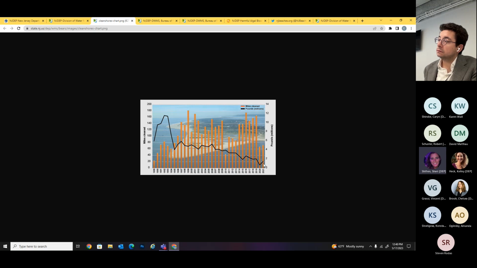So this chart can kind of prove it, minus a few tweaks because with COVID they were shut down. But in general, we've been able to clean a lot more mileage each year, removing less debris than back when the program started in 89, when we just didn't make it very far because there was so much debris and trash to remove at each location.